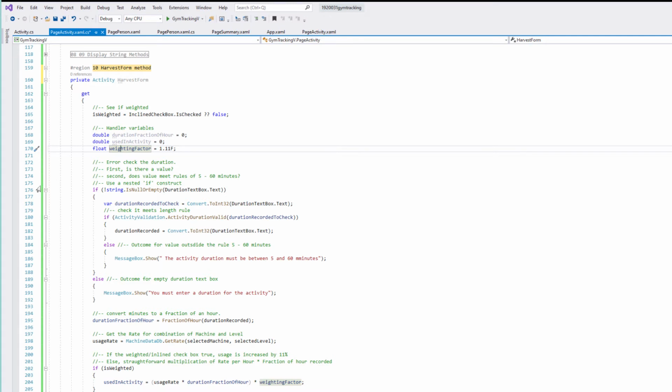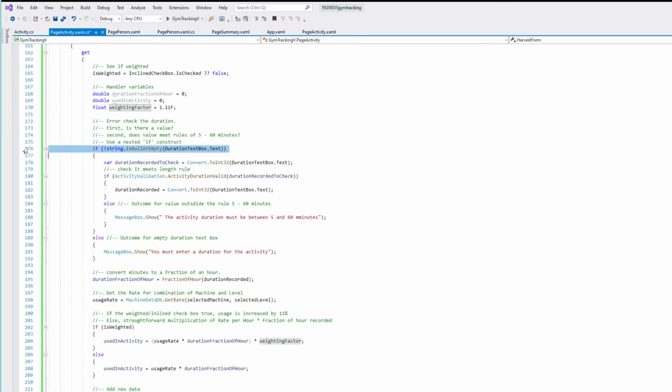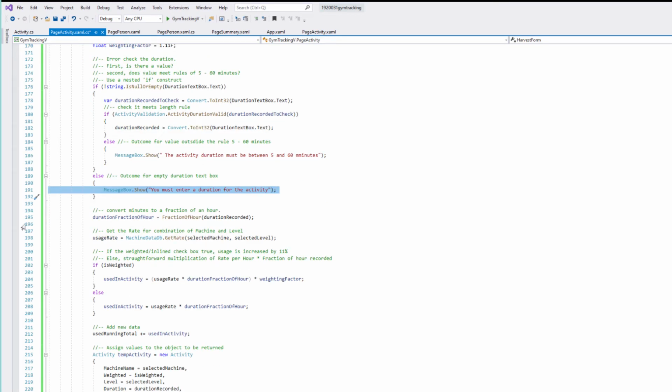So we're then going to check some if is null or empty. We're doing the data checking in the controls on the form. So the first one is we're going to say the duration text box. Yeah, so we're checking that, and if it's false, we say we've got to have a duration. Then we're going to check,